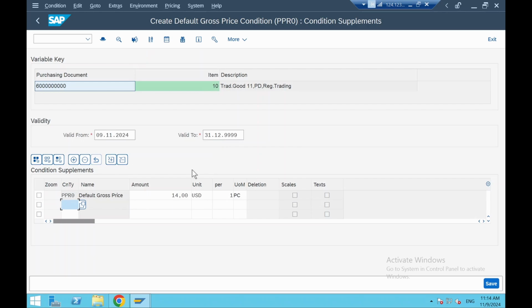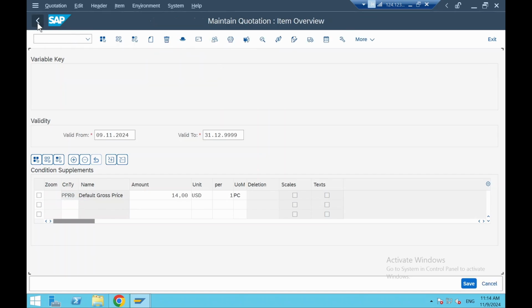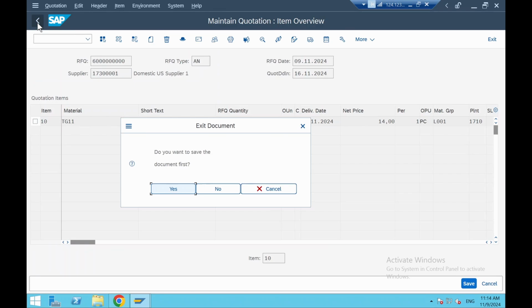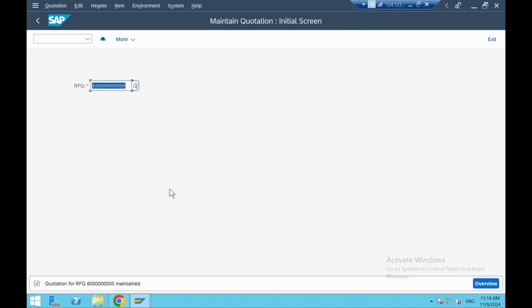Okay, if you want to maintain the quantity scales, say 1 to 100, and 101 to 200 or 1000, the amount reduces, and those are the scales. We are not putting that in scope in this one, right? I'll go back. Okay, I'll save it. Fine. Next one is